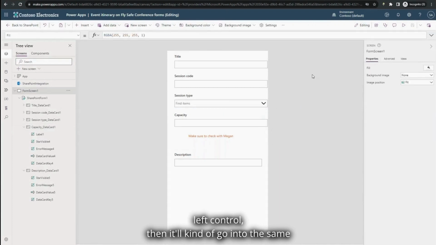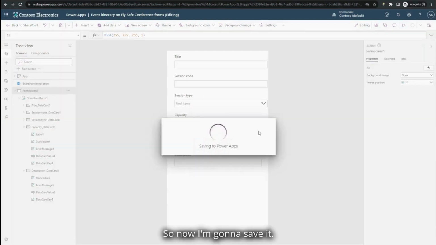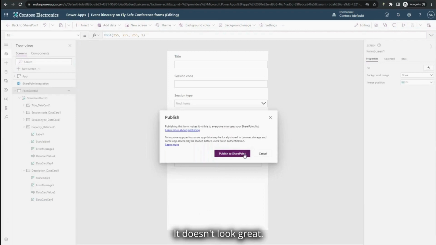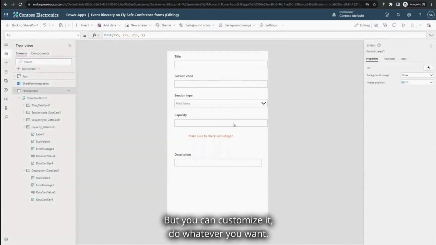Left control, then it'll kind of go into the same play settings so you don't have to play. But anyway, I've done that. Let's go ahead and publish this thing. So now I'm going to save it. It doesn't look great. I wasn't even really trying to make it look good, but you can customize it, do whatever